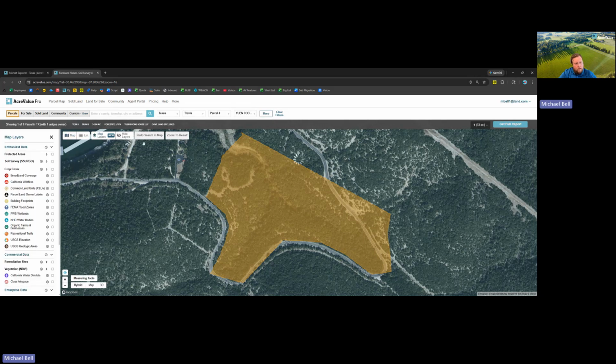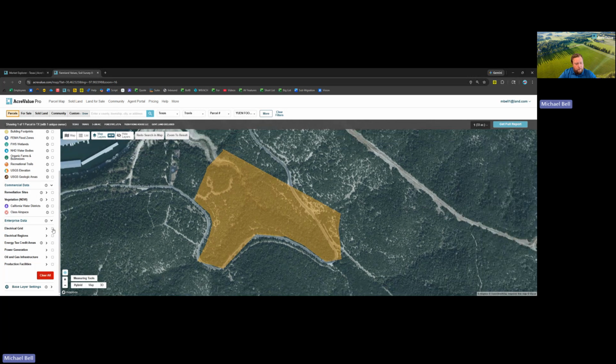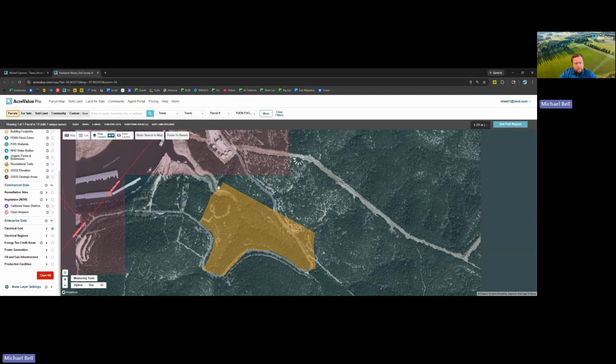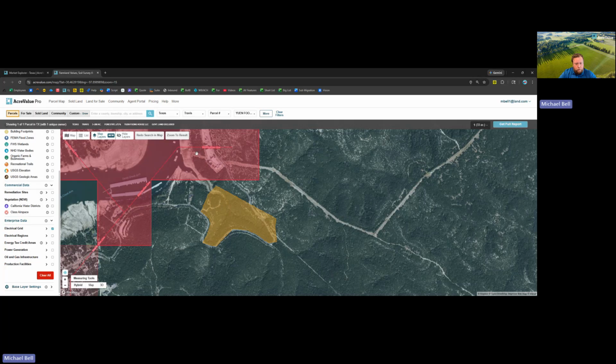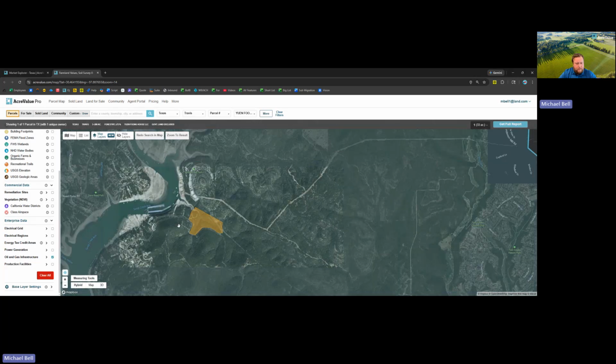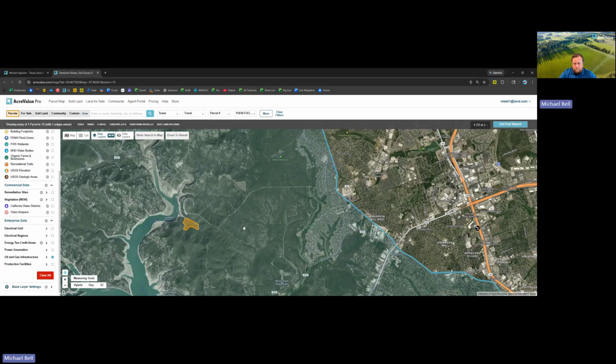So we like the parcel. We want to do our due diligence and make sure this is going to be suitable for our use. So number one, with our enterprise data, we can go ahead and overlay the electric grid, to make sure there is going to be electricity out to the site. It looks like a distribution line just to the north here. So that is relatively close. So that's good. Any oil and gas infrastructure in the area? Not seeing any, but just to give y'all an idea of what that looks like.